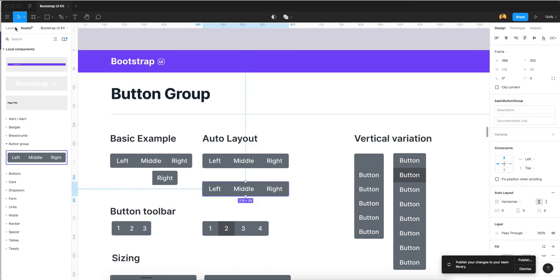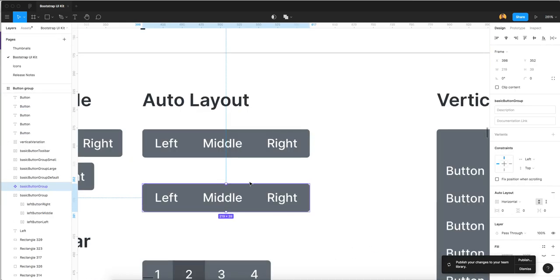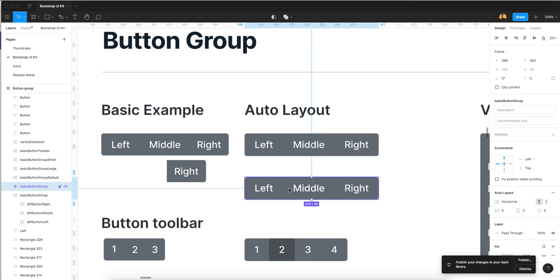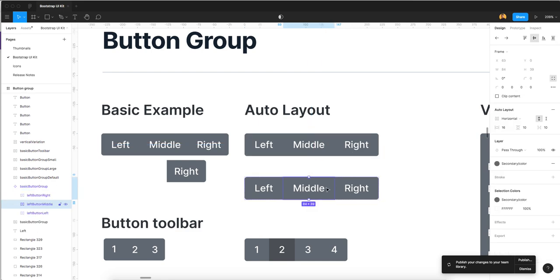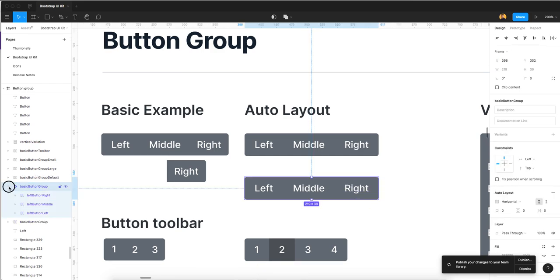So this our basic button group you will use as an instance in any file, and we are using the same layout for our auto layout, and this will work the same as auto layout. You just duplicate, it will work the same as auto layout. The component we are creating is useful for creating instances for multiple time use, and auto layout will help to make our design flexible.